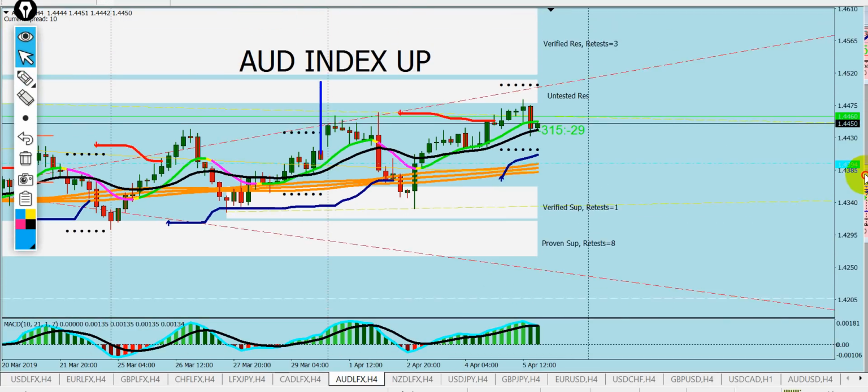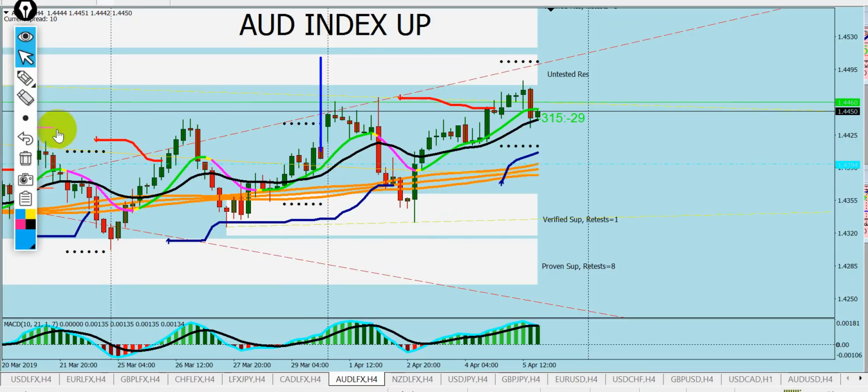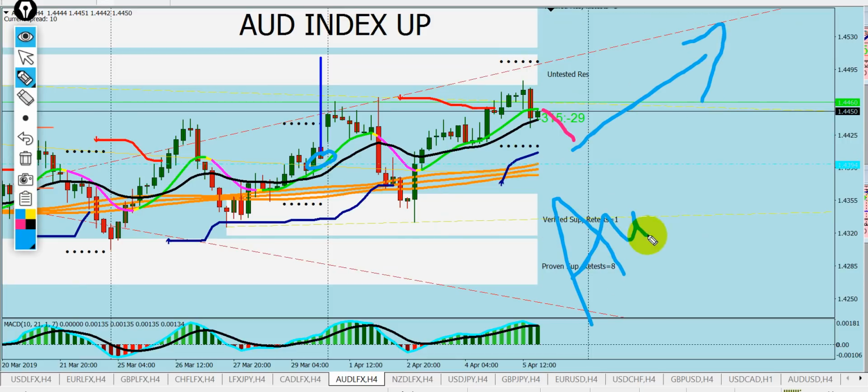Australian, last week I said this is going to go up, it did go up, so it was not bad. So we're here, it did dip a little bit, then it went back up here. Now the 21 moving average is above the 50. There is no sell for Australian. You wait for every dip and you buy. So now we want to wait for a small dip like this, then you buy the Australian dollar against many things. So Australian will be only for a buy.